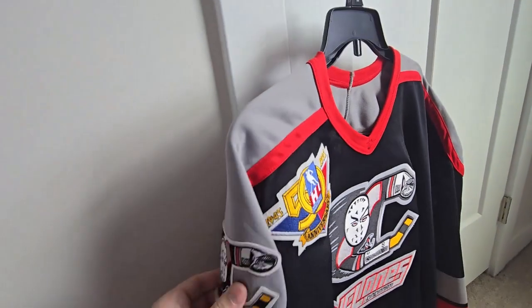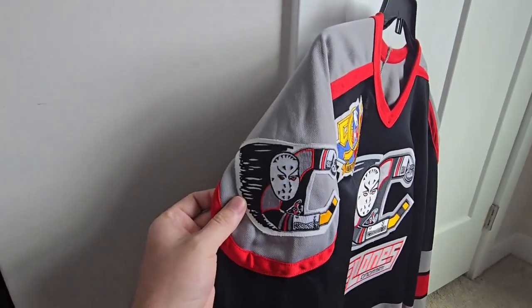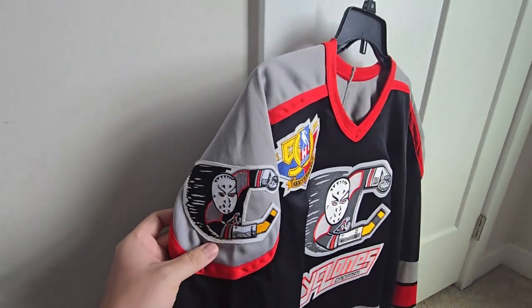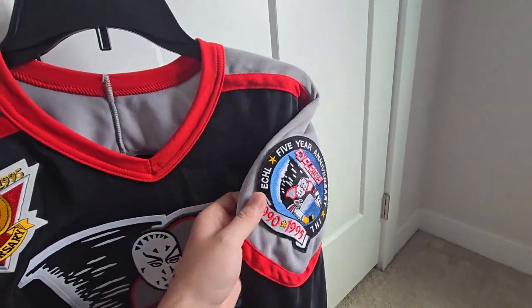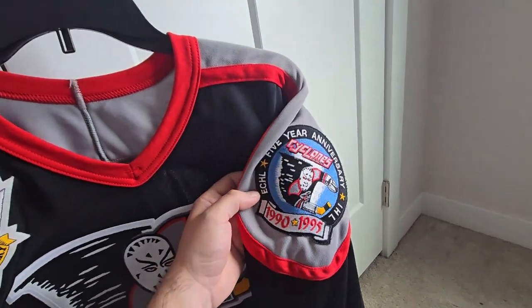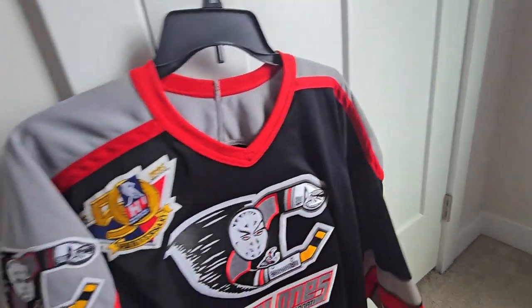And on the other patch, they have just the standard Cyclone logo. So prior to the 94-95 season, they would have had these on both shoulders. But for the 94-95 season, they actually had the patch on both. Unfortunately, I could only find one patch, so it's kind of a hybrid jersey because it has two different patches